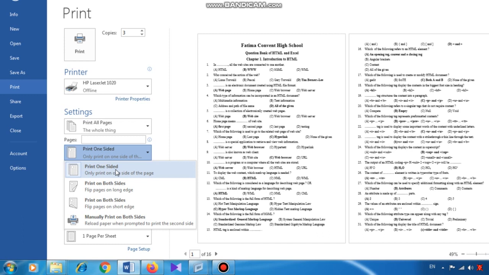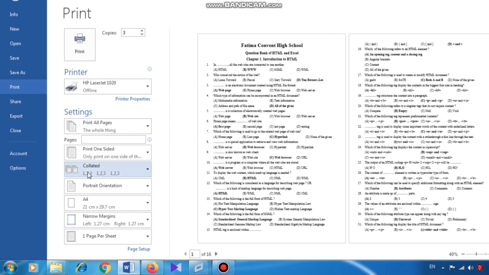If I click on print on both sides, then the first page will print on the first side of the paper, and the second page on the back side of the same paper. So for printing 16 pages it will take only 8 papers. But to enable this option, your printer should be capable of doing this. A normal printer will not give you this facility.